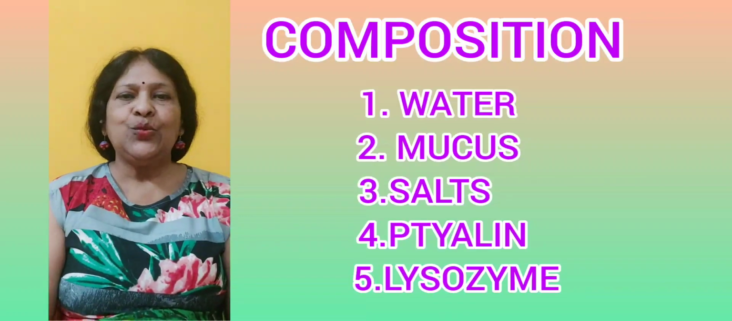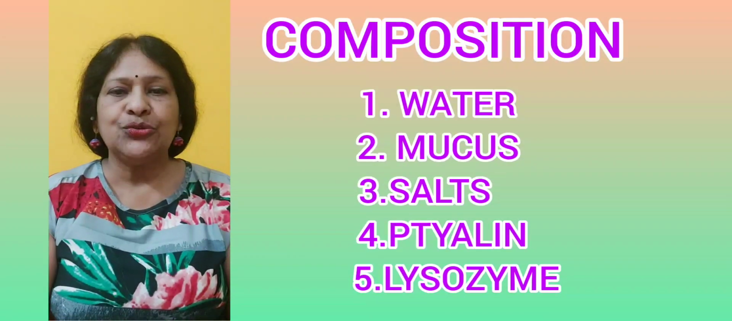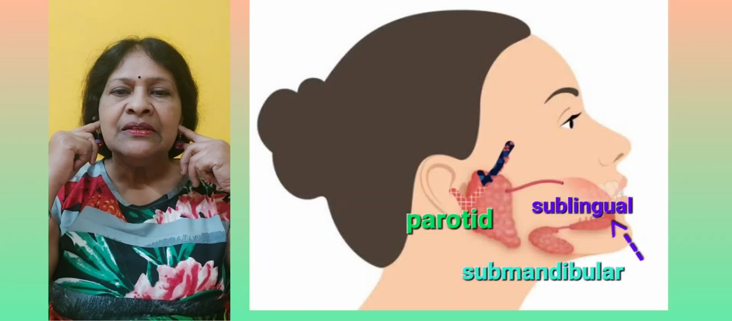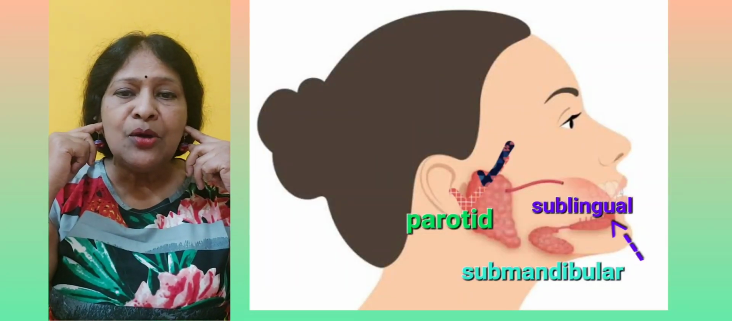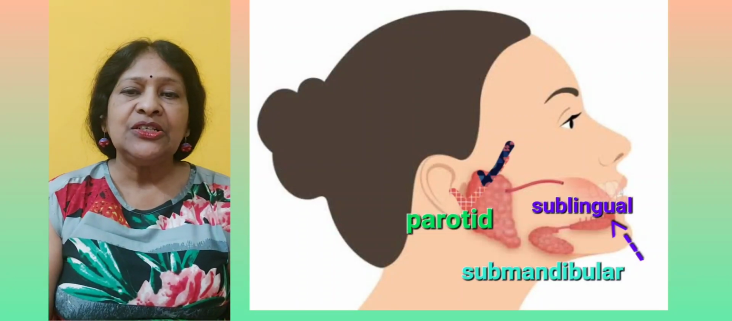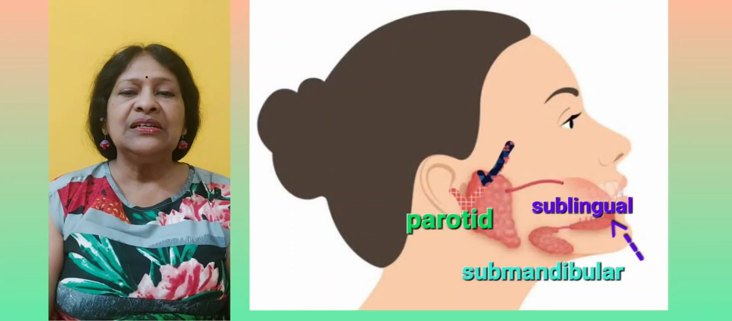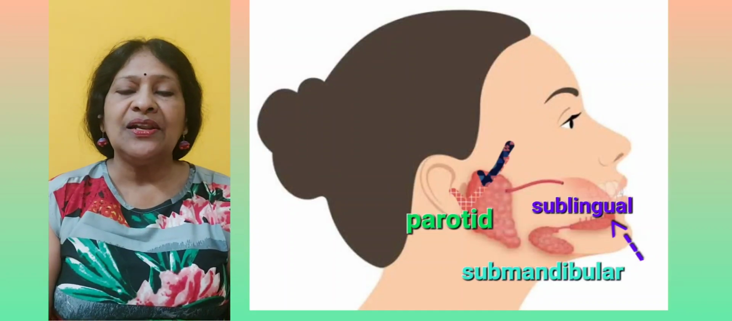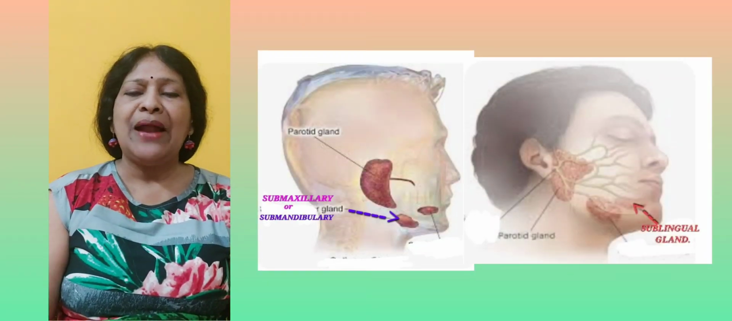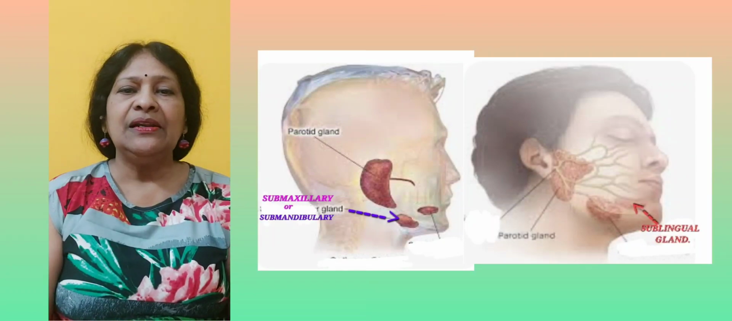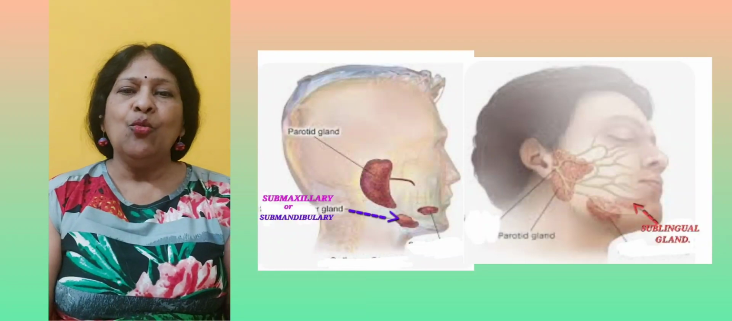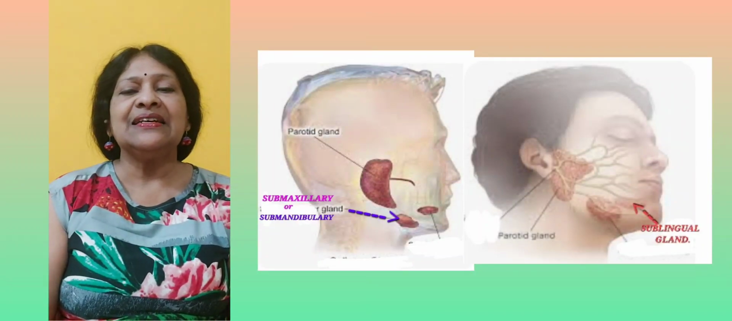Now, who secretes what is also important for us to know. When it comes to the parotid salivary gland, this secretes good amount of water, but along with that, it has the capacity to secrete also the antibacterial substance called lysozyme. The next two, that is the submandibular and the sublingual, they mostly secrete mucus. More than water or anything else, their secretion is